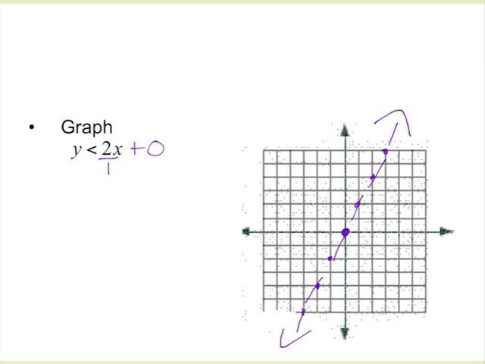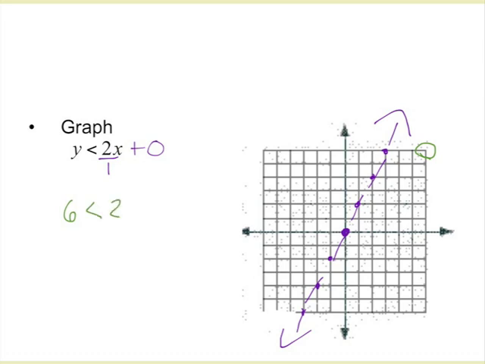Now we have to decide which side of this is the appropriate side to shade. To do that, I choose what I call a test point, where I'm going to pick one point that cannot be on the line. It has to be distinctly on one side or the other. So I'm going to choose the point 6, 6. I like to choose points where the x and the y values are the same, just because then I don't have to worry about what's what. It makes it a little bit easier to plug in. So I'm going to choose 6, 6,